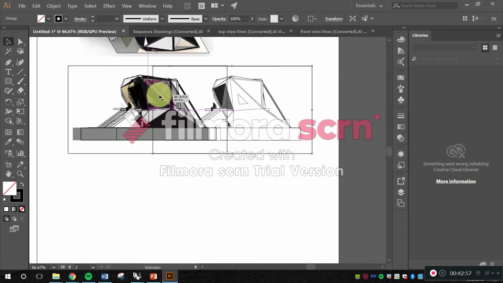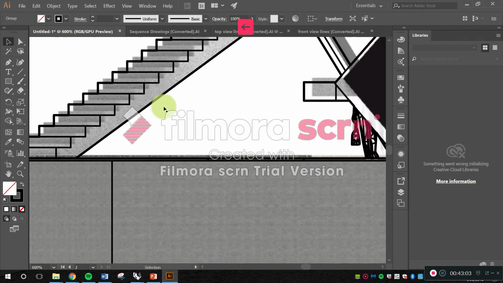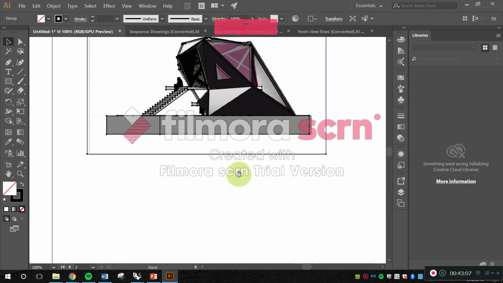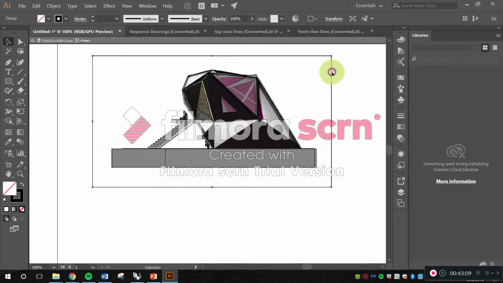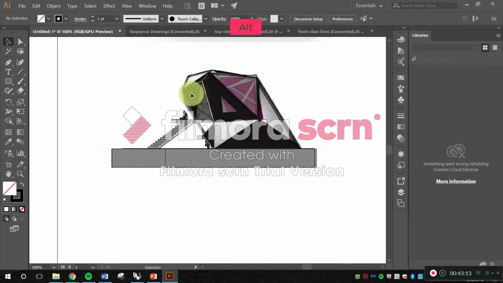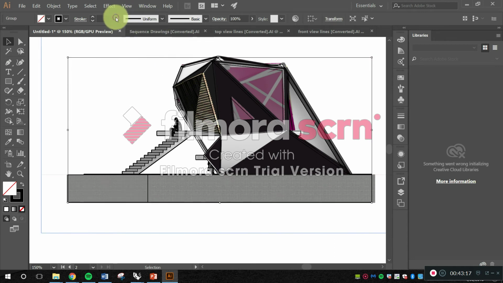And it should match. And I'll just delete that background right there. And in certain places, you may see that these lines might be too much. So I can actually change the stroke perhaps. Let's see if